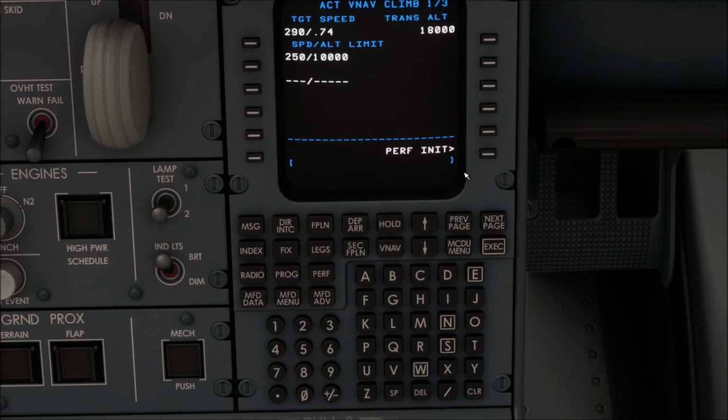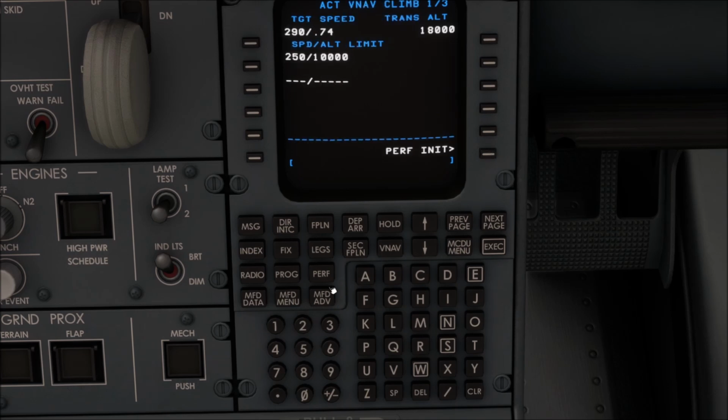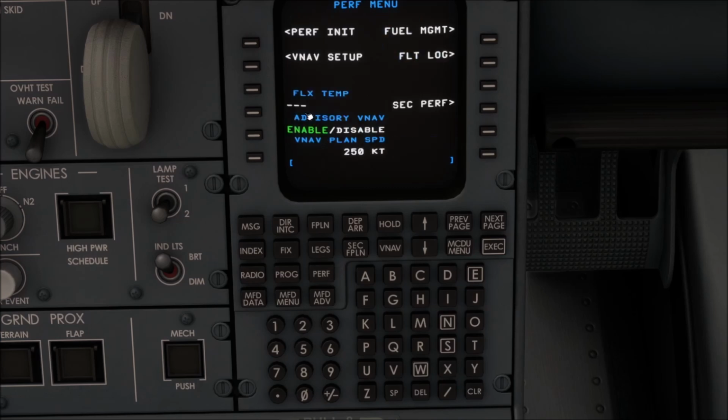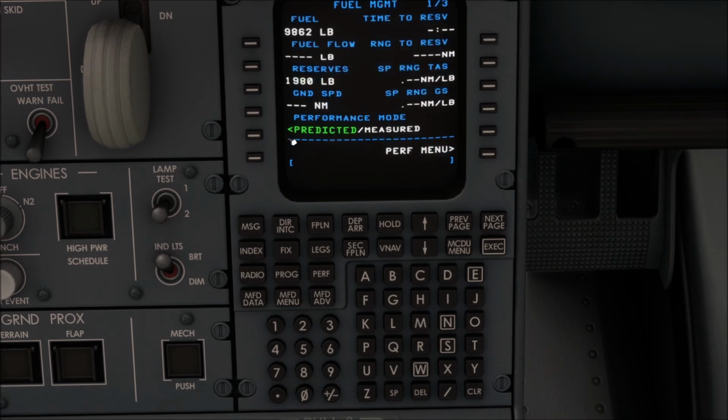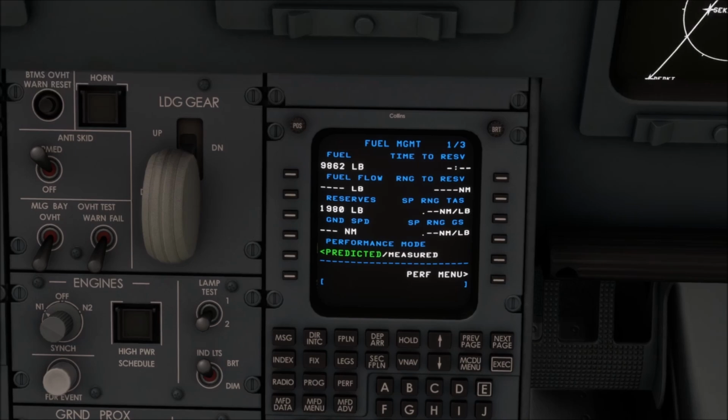Okay, VNAV setup. So notice how these screens just lead you to the next. The only thing in performance that's left to do would be clicking performance and setting a flex temperature. If you had one for that day, you'd have to get it from your takeoff report. And then checking fuel management, verifying we're in predicted mode, not measured for performance of fuel. And there's two ways you could check that. You can check it here,